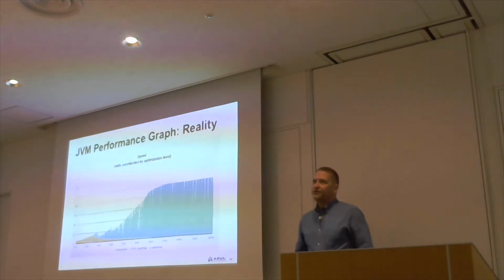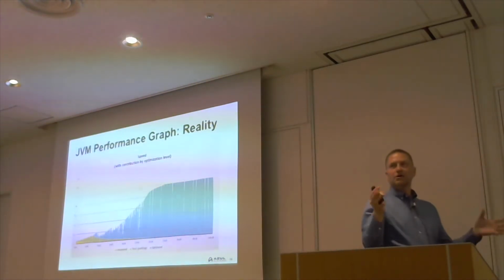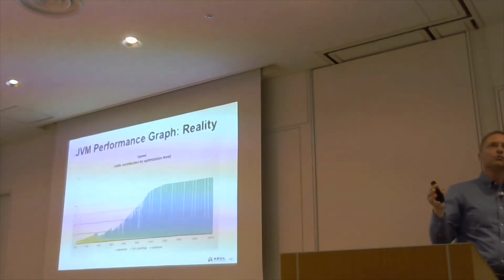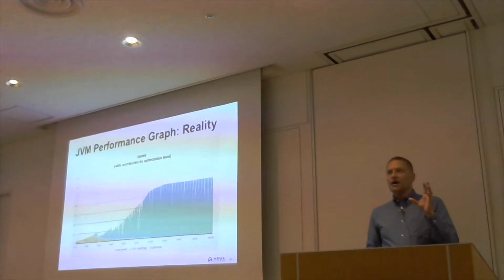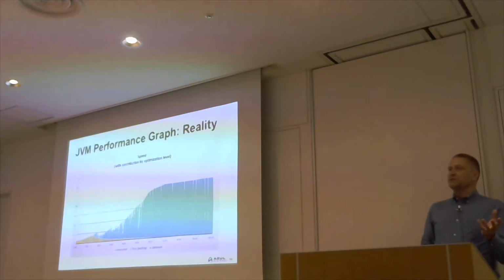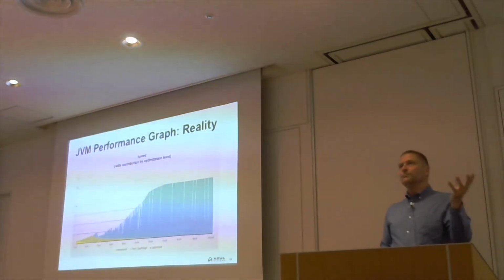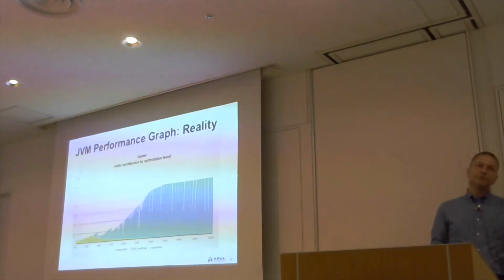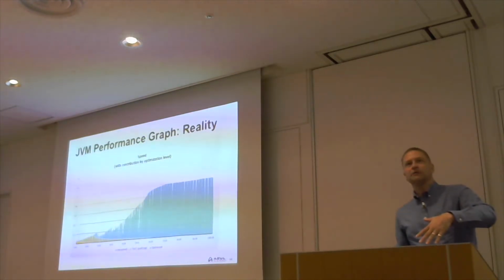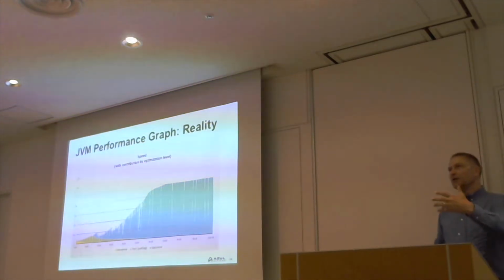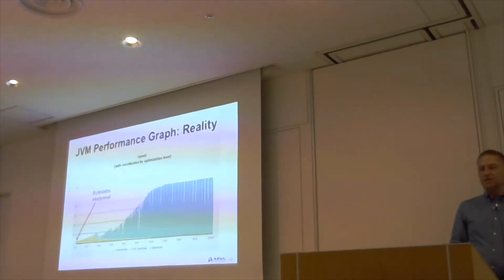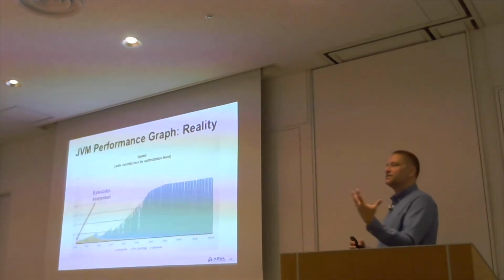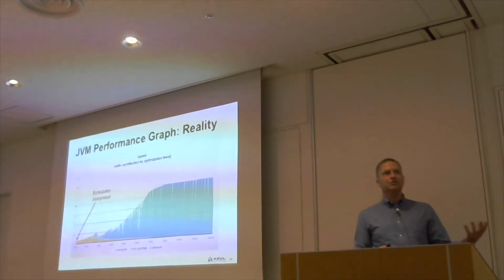When we start off, we have a class file that we load. And that class file contains the bytecodes that have been compiled from the Java code. In order for those bytecodes to be executed, the JVM has to convert them into the native instructions of the platform that it's running on. This is the whole write once, run anywhere, or write once, test everywhere mantra that has been with Java right from the very beginning. So we see that at the beginning, we have to interpret every bytecode as it's used.